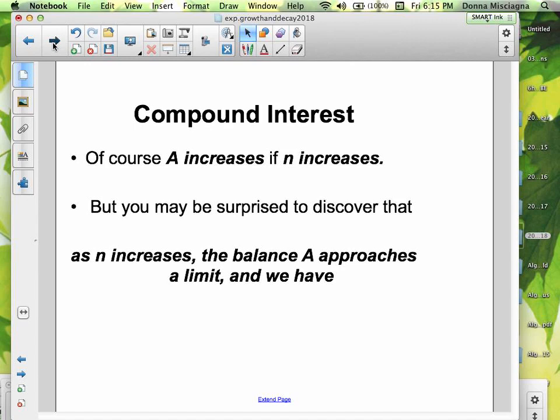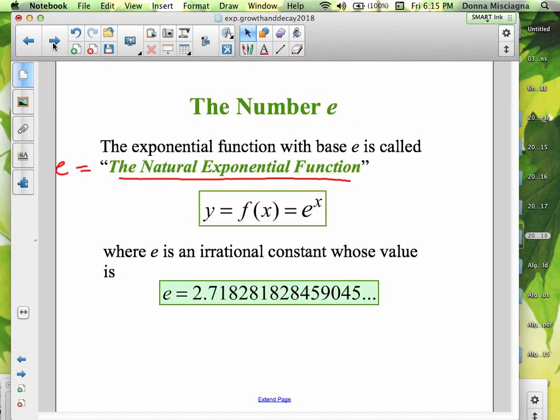And that is the number e. The exponential function with base e is called the natural exponential function. Natural for living things. So y equals f of x equals e to the x, where e is an irrational constant. Irrational means it never terminates. Whose value is